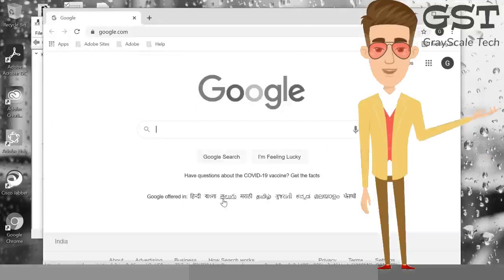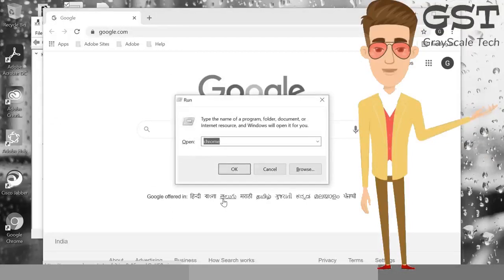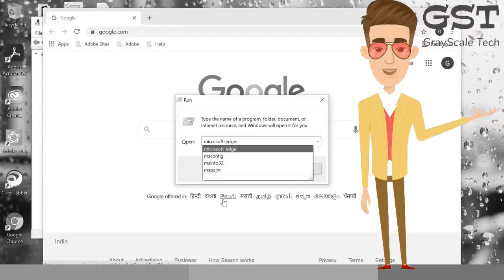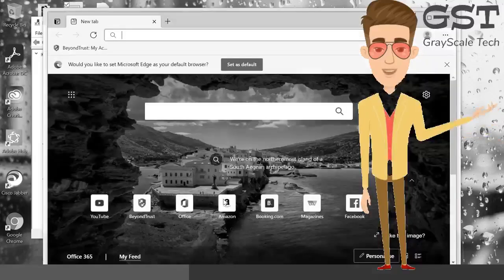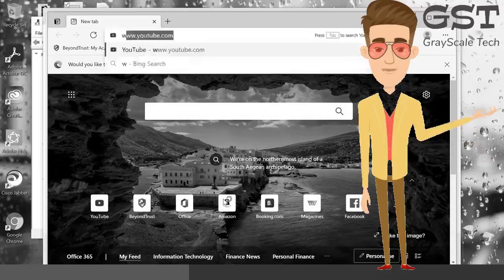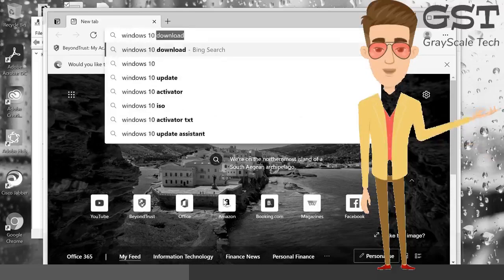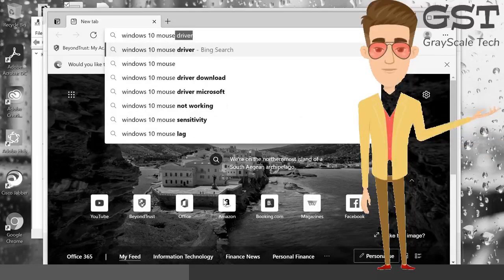But let's say if you don't have Chrome installed in your machine, then we need to type microsoft-edge: so there is no space between Microsoft and Edge. So Microsoft, then hyphen, then Edge, and then a colon, and then you need to press enter, and the Edge browser will open. Edge browser is the Windows 10 built-in browser, so it will definitely open. Now here you need to type Windows 10 mouse driver and then hit enter